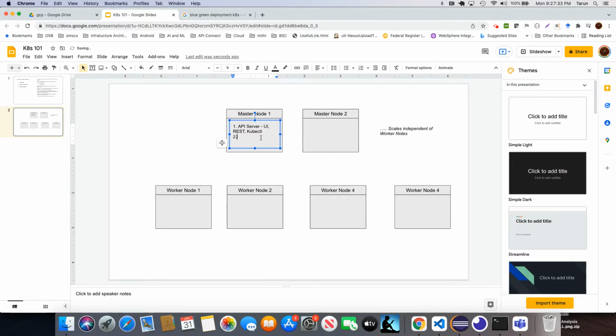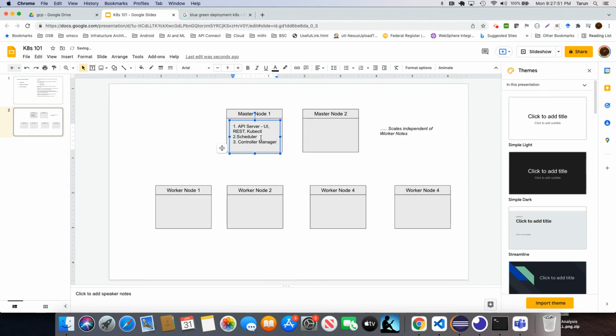Number two is the scheduler, which schedules the pod, creates a pod. And number three, you have the controller manager,